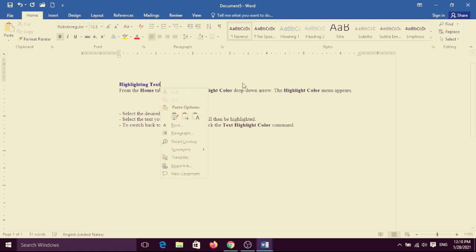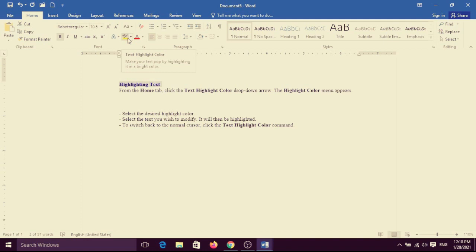Suppose I have selected this text, word or sentence, and click on the Text Highlight Color in your Home tab. See, there are colors given. If you choose any color from here, it will be applied to your selected text.